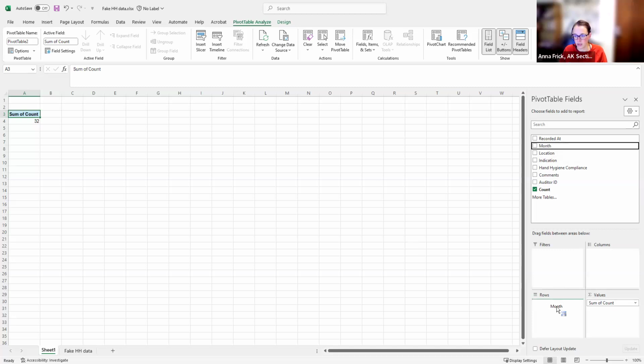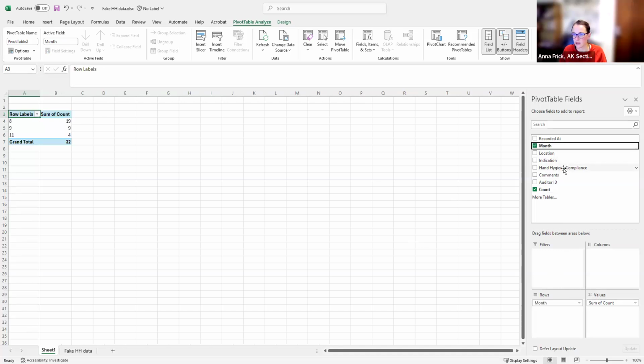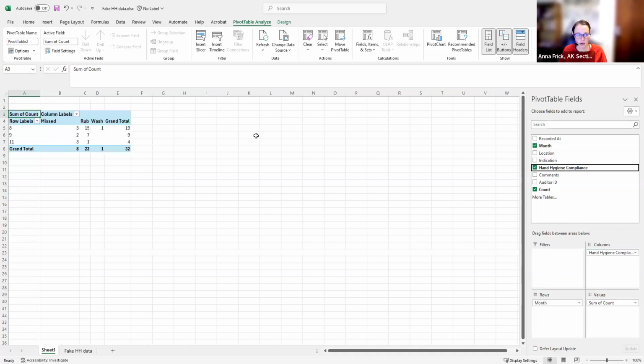So if I were to then create my months and my indicator of whether or not people washed their hands, I know that this means that in the month of August, there were 3 observations where the person didn't perform hand hygiene and 15 observations where the person used hand sanitizer. And I know that that's exactly what's in those data. I don't have to fuss about other things.